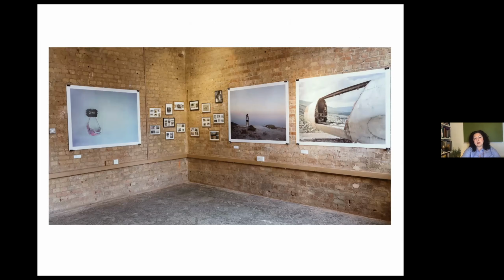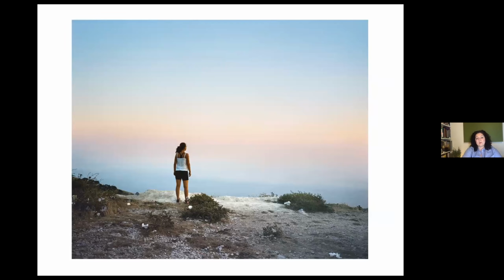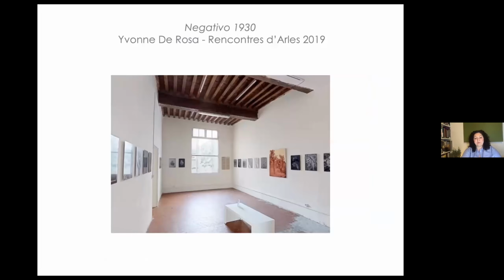So even the light source, which is coming into the room, makes sense in terms of where it is. And, you know, the size of those prints, picking the large ones, there were lots to choose from, but the ones that made the most sense were the ones that made you feel that you just wanted to walk into them. So you can see here, you kind of want to be her. You kind of can be just by standing in front of it, which is great.